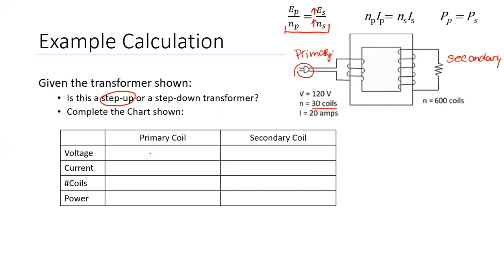So in this particular case, let's fill our chart out. We have 120 volts on the primary. We have 20 amps on the coil, leaving letters out or numbers out. And we have 30 coils. That's our N. And how much power do we have? Well, we can quickly calculate power. Power is going to be equal to current times voltage. So 120 times 20 gives us